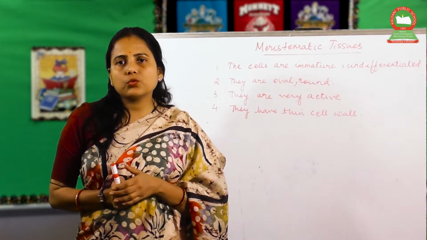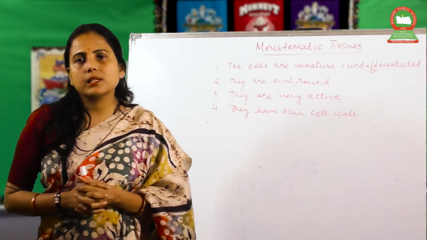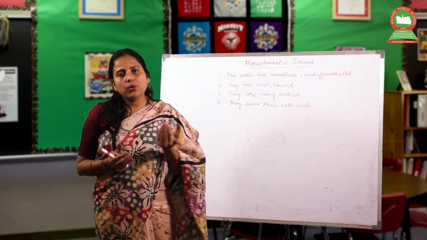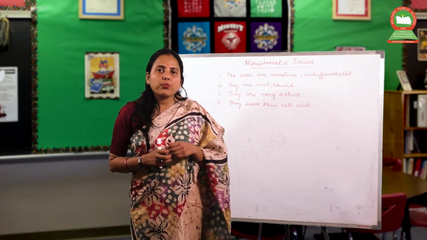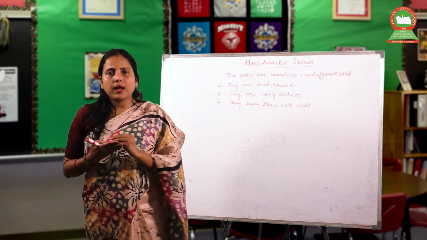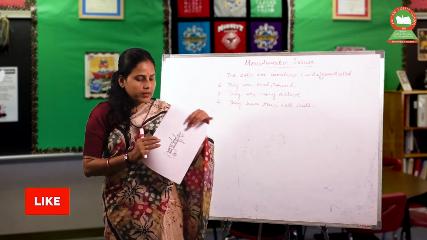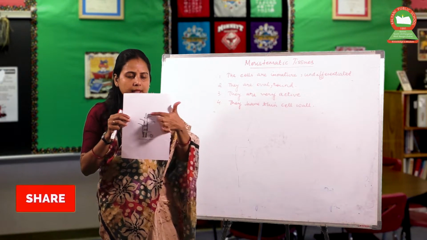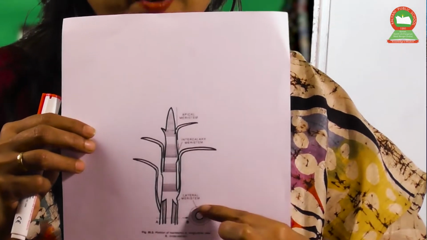The word meristematic comes from the Greek word meristos, which means growth. That means meristematic represents growth of a plant. We will find these types of tissues in all the places where the plant shows growth. If you classify meristematic tissue by the part of a plant, it can be classified as the upper tip part, the middle region part and the lower part.